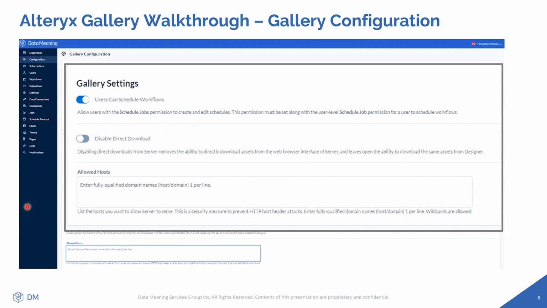You can also disable direct download. If you disable direct download, users will not be able to download workflows directly from the gallery. When you open a workflow page here in the gallery, there are a few options that you can see, like buttons to run the workflow, to schedule, and also to download. If you do not want users to be able to download workflows directly from the gallery, you can disable that